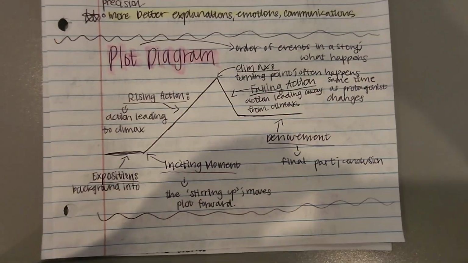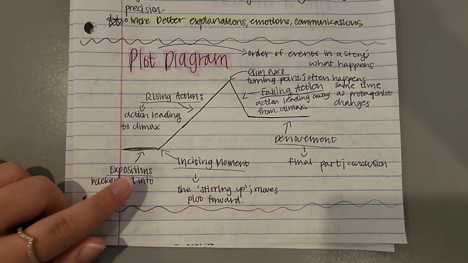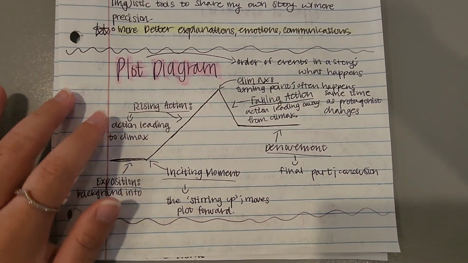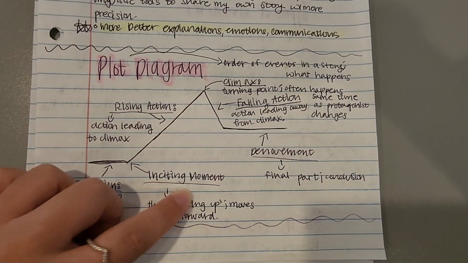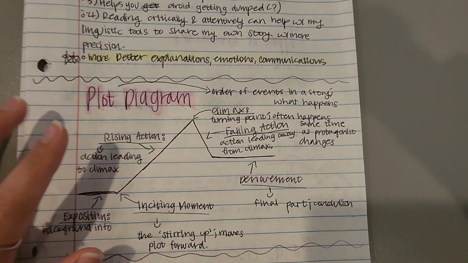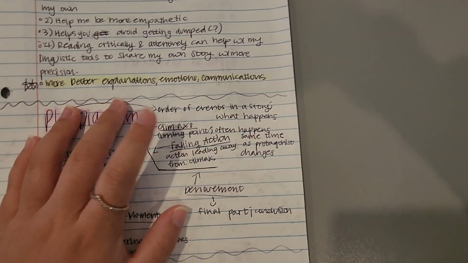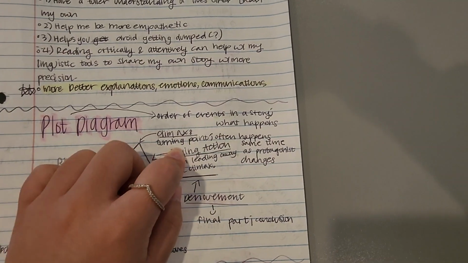So plot diagram. So in a plot, first there is the exposition, meaning the background info. And then here we have the inciting moment, which is the stirring up, and it moves the plot forward. The rising action is next. It is the action leading to the climax, then the climax, which is